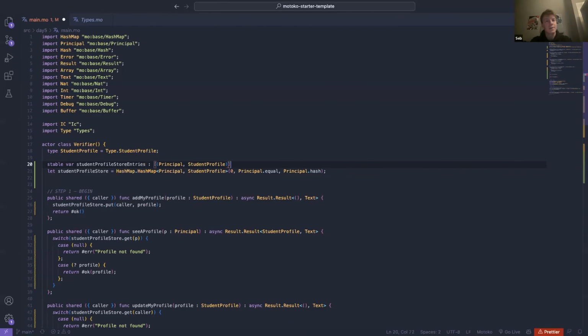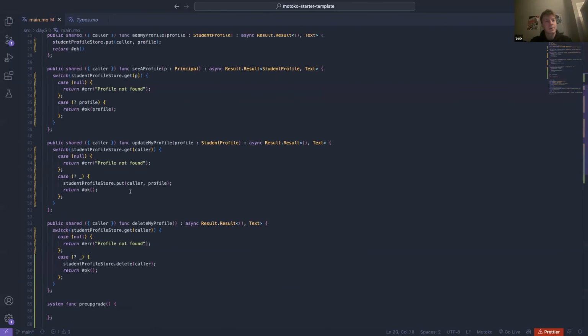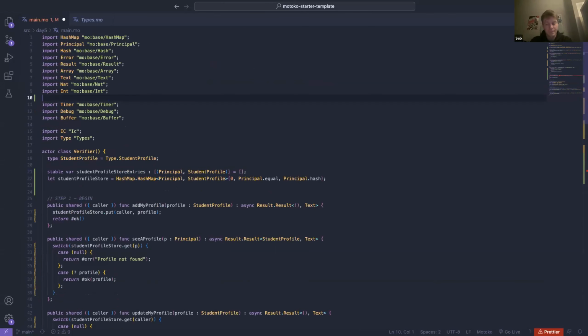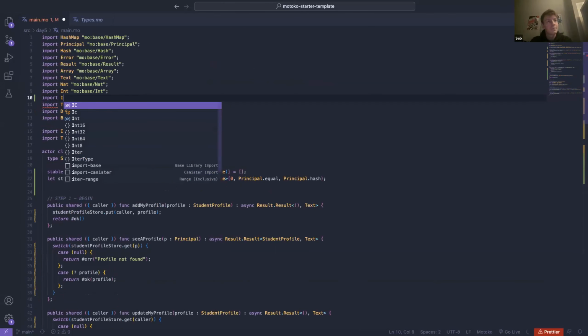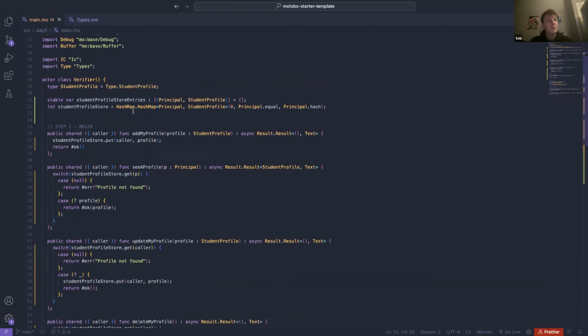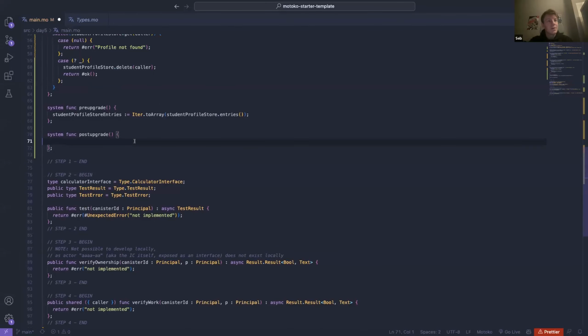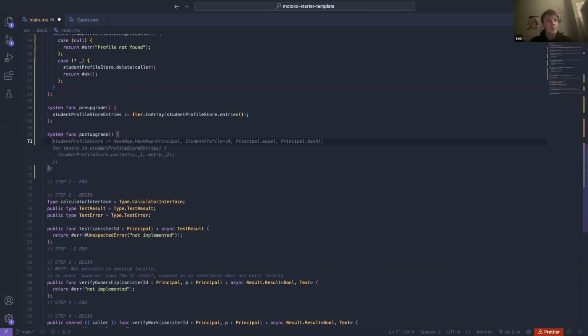So this. And we just populate it on pre-upgrade: student profile store entries is assigned to iter.array. This one. I have really good auto-completion tonight. So, and then on post-upgrade, we just